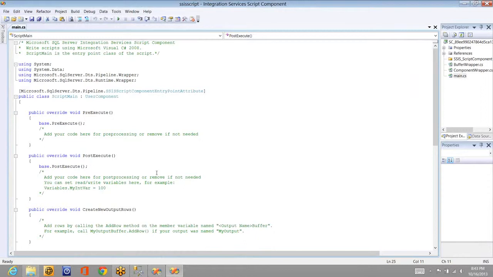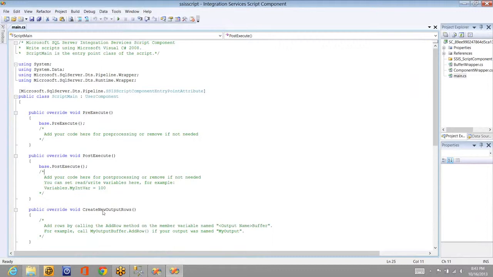If you're familiar with .NET, you can say that you know this component, or else it's not a big deal. Like pre-execute, before executing the actual work, if you want to do anything, you can write it here. And post-execute, after executing. If you want to open any connection, then you can use it in pre-execute. If you want to close any SQL connection, you can do it in post-execute.